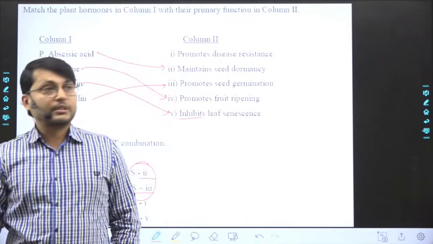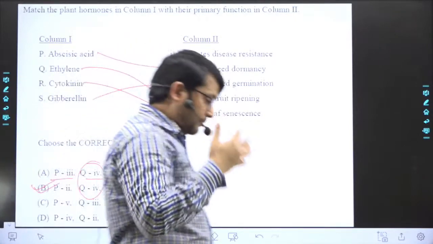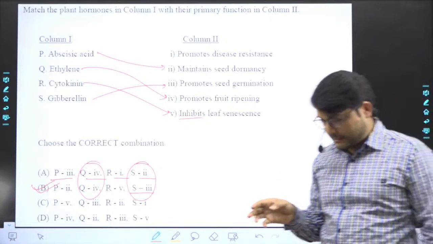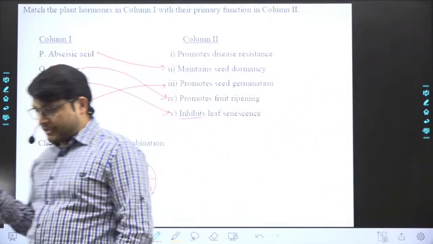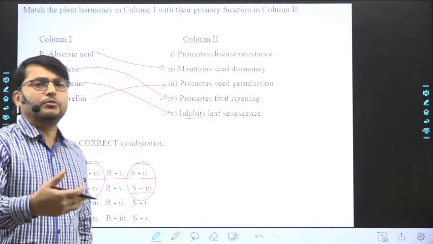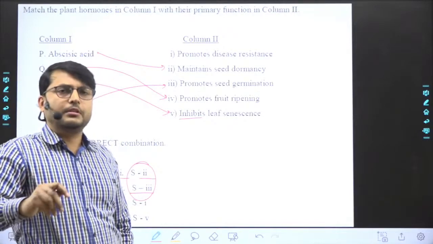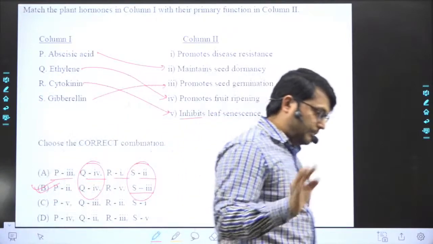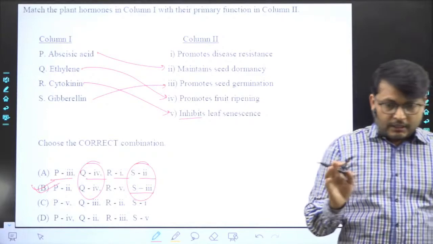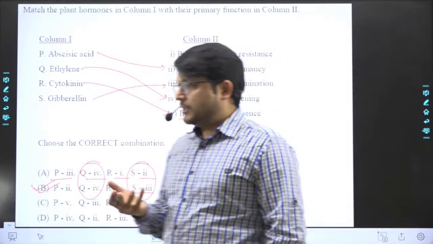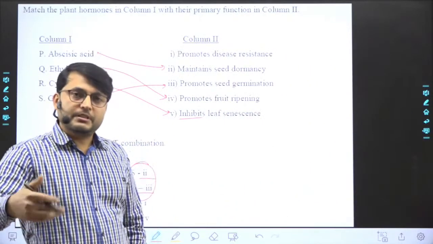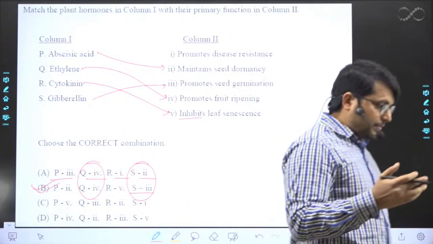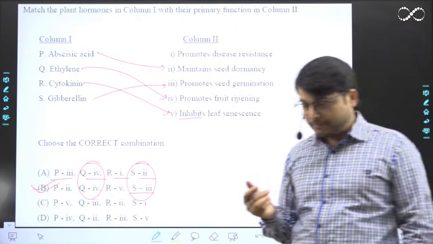So, for such questions, what do you have to do? You have to study the phytohormones that you have already done in class 10th. Okay? Again, this is very straightforward. There are some peculiar characteristics of each phytohormone, you have to remember them, and that will be sufficient for you, like auxin: apical dominance, right? And promotes lateral bud dormancy in case of potato. Gibberellin, it promotes the bolting effect, okay?